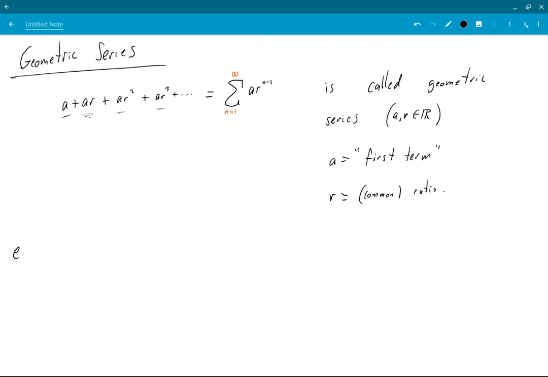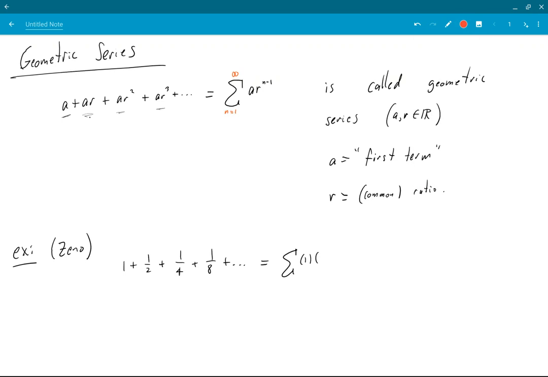Okay, let's do an example. Zeno's series is a geometric series. What was that? That was 1 plus a half plus a quarter plus an eighth, and so on and so forth. Okay, I can write this as a summation. Remember a is the first term, so here my a is 1. And r,